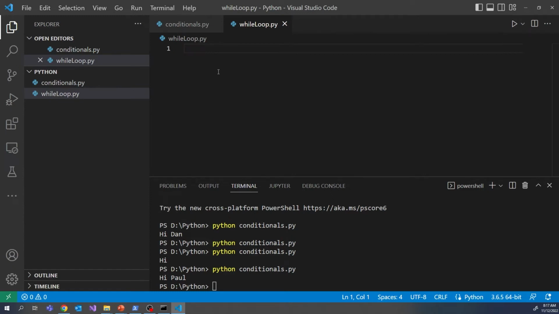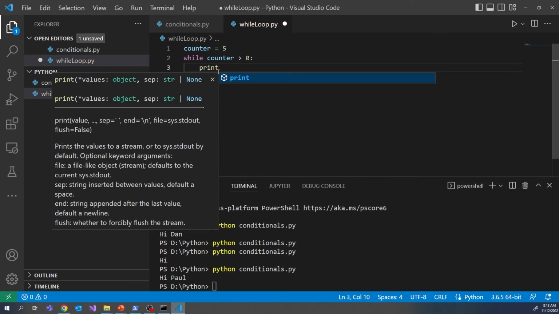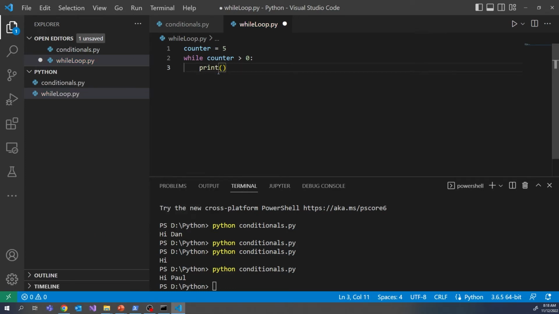So I will create here, for example, a variable, let's say counter equals 5. And we have the while loop, while counter greater than 0, colon. And now we have the body. We just print this number. So print